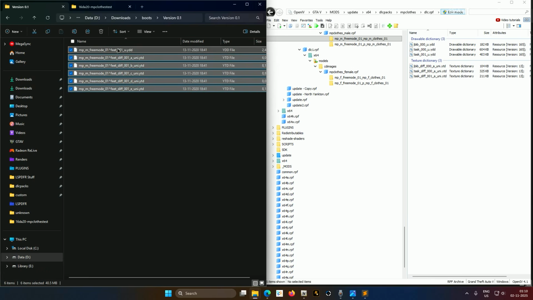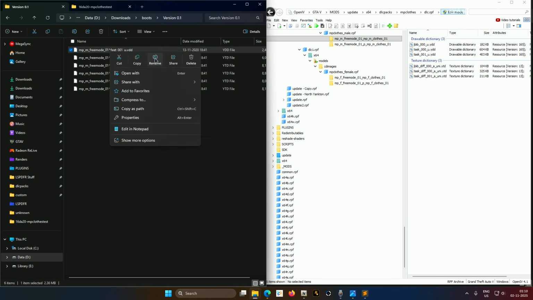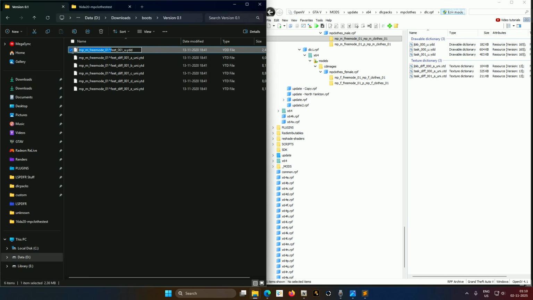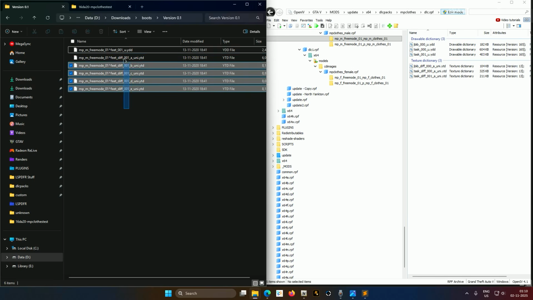or you can use Windows PowerToys. I highly recommend that you download and install it. I'll put the link in the description, and it allows you to bulk rename the files. Something that I'm going to do right here. I'm just going to copy this section, the prefix that I wish to remove from it. Select all the files,